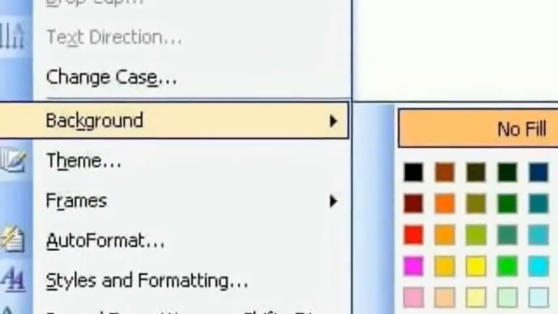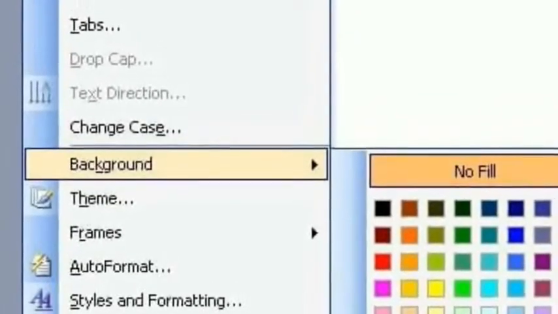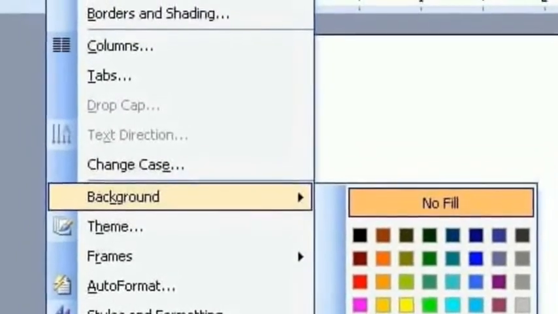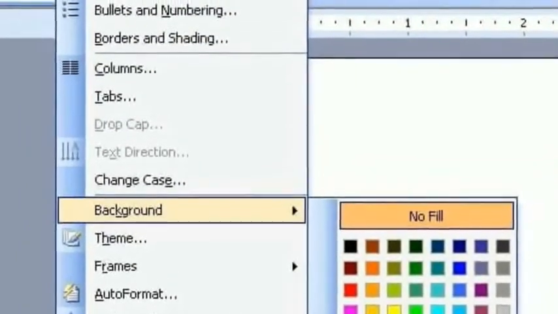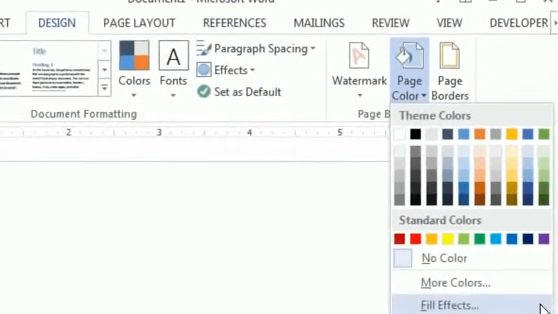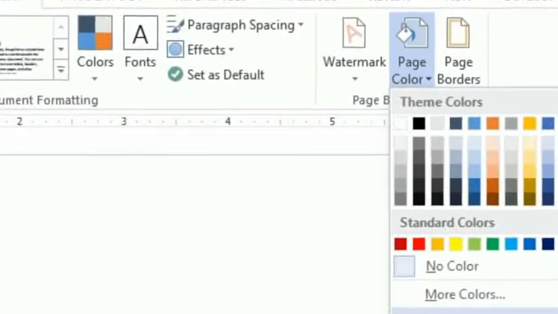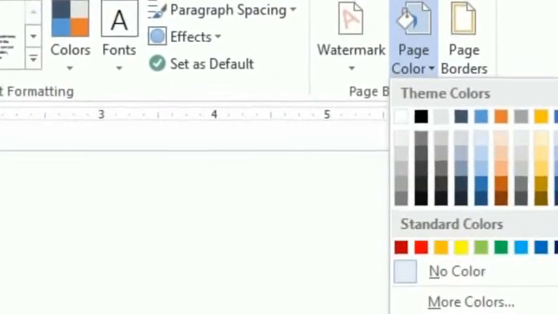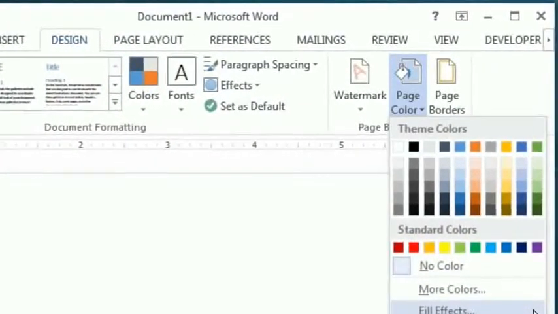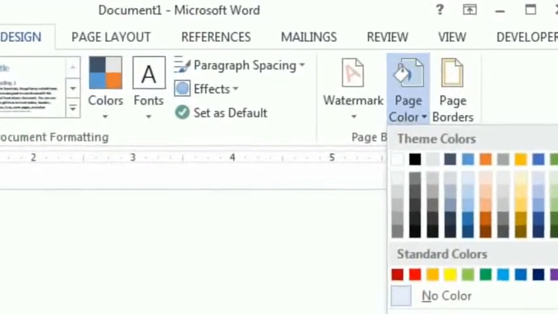To add a color to a page, what do you need to do? First, on the Design tab in the Page Background group, click the Page Color button. Then a menu will appear and display swatches of various colors. Next, click a color swatch in the theme color or standard color palette. Palette in the sense a board where a painter can mix the colors. Word applies the selected background color to all pages in the document. This is how you can change the page background.